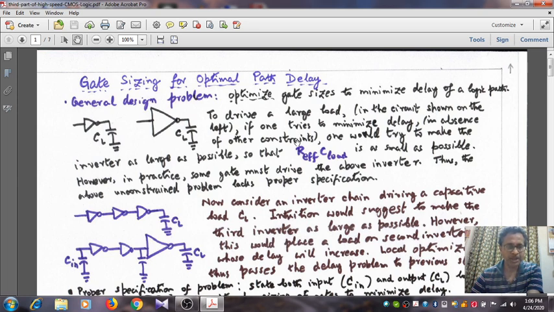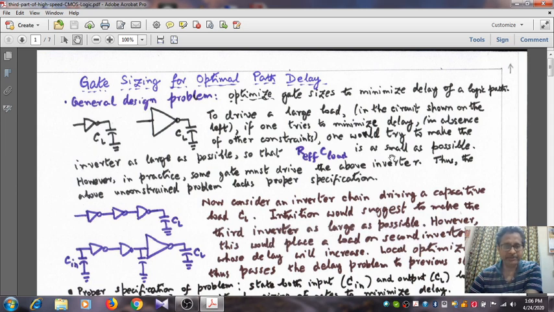Fine. When we require R effective, when you have applied a positive ramp, in response the capacitance will have a negative going exponential, right? So then you have to consider the NMOS transistor. On the other hand, if you have a negative going ramp, then the PMOS transistor will be instrumental in charging up the capacitance. So R effective will become R EQP multiplied by LP by WP. Clear? So in either case, we require to increase the width of the PMOS and the width of the NMOS.